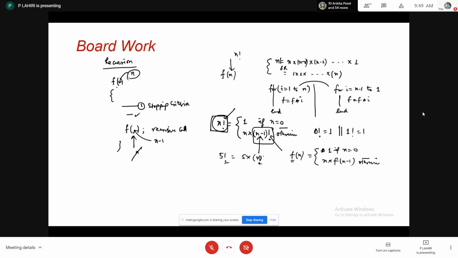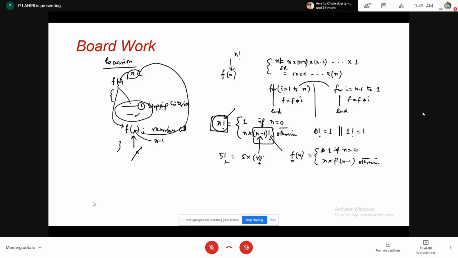The function calls itself, and once a stopping criterion is reached, there will be no further call. Until it is reached, you just call itself and come back to the beginning part of the definition, so again you are coming inside. This type of case is called a recursive procedure. Hopefully you already know this, since you have already got the concept of recursion in your C programming class, which I mentioned. So is it clear to everyone that recursive functions consist of two sections? Number one is a stopping criterion, where you mention where to stop. Otherwise, you mention how to call it in terms of itself, but with a smaller input.